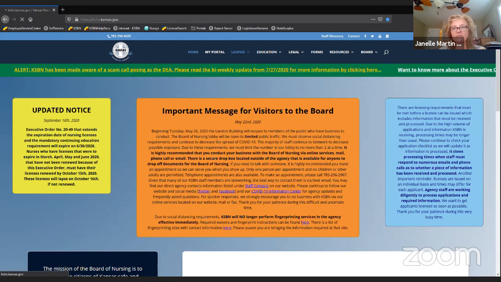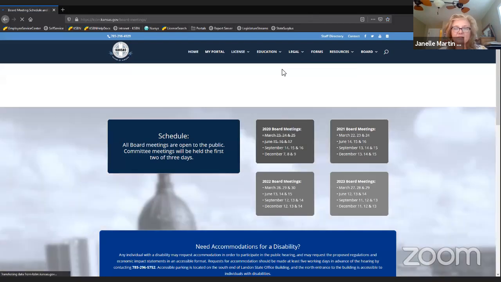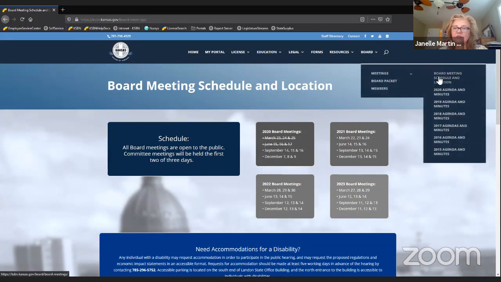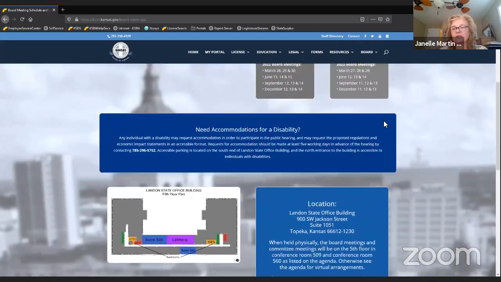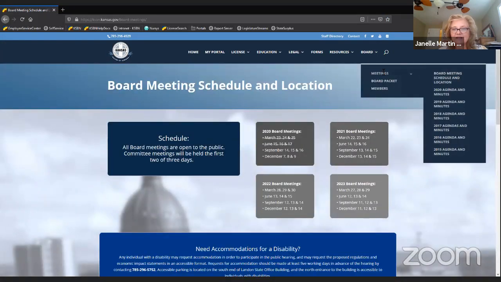So Colton's got the homepage pulled up, and this is under the board tab. It gives you the schedule, and the agenda and minutes for the ones that are already approved will be on there. When we do have it on site, it also gives you directions to where those meetings are held.